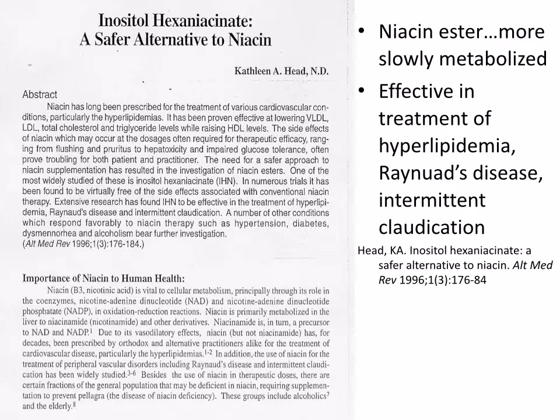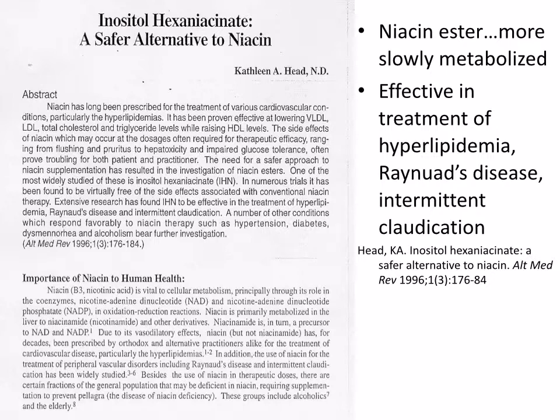There is, however, another form of niacin that does not produce these side effects, inositol hexanicotinate, or IHN. IHN is more slowly metabolized by the body, and does not produce the side effects that niacin does. Yet, it's just as effective at lowering cholesterol. It is also useful in other conditions, including intermittent claudication, which is a symptom of peripheral arterial disease. So IHN is the preferred form of niacin to use for these patients because you get the benefits but not